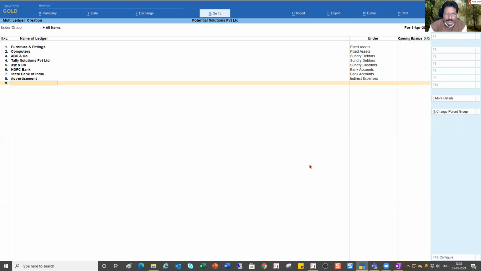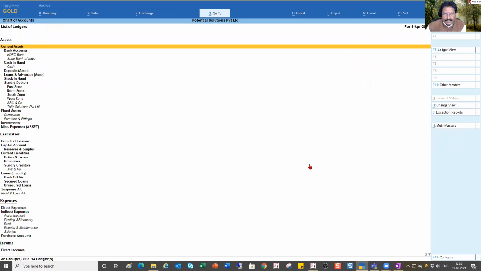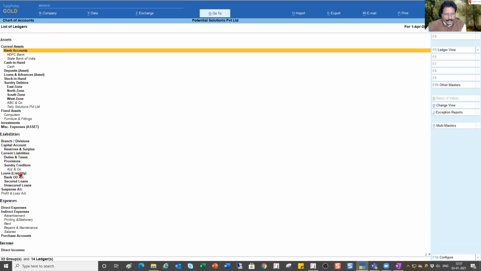You will get the list of all the accounts, and if you notice, there is a lot of space available in Tally Prime, so that you can create more ledgers and then view them. This way you create all your ledgers in one single screen. And once you are done with this, you accept, and you will notice that all those ledgers you have created have come: two ledgers under bank account, two ledgers under fixed assets, then sundry